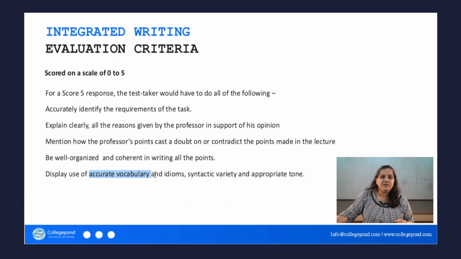You can use idioms and phrases that show the richness of your language, the richness of the range of your language. You can also show some syntactic variety. So syntactic variety is nothing but understanding different ways of writing, different styles of writing, as in simple sentences, complex sentences, and different ways of conveying meaning through these sentences. Also use the appropriate tone. In this case, your essay will fall under the formal category. So you will write in a slightly formal manner. You will not use contractions, or you will not really use anything which is kind of slang.